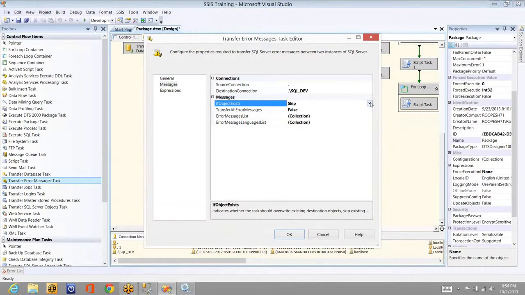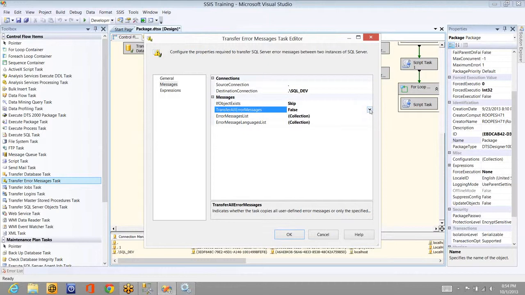Let me skip it. Let's say there are already 50,001 and 50,002 records in both the servers, so I want to skip those and add only the new ones, whatever I'm going to push from server 1 to server 2, that is, the default instance to the SQL_dev instance in our case. If it is available, then it will skip. And transfer all error messages: if you set it to true, all the error messages with a value greater than 50,000, that is 50,001, 50,002, 50,003 and so on, everything will be transferred.